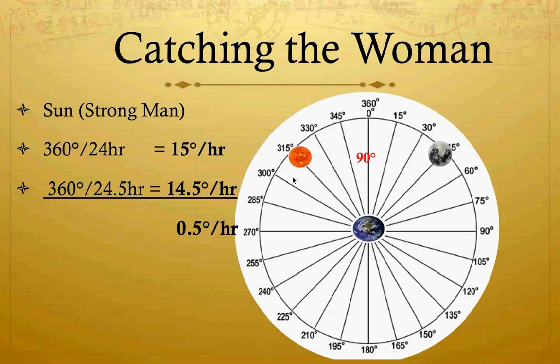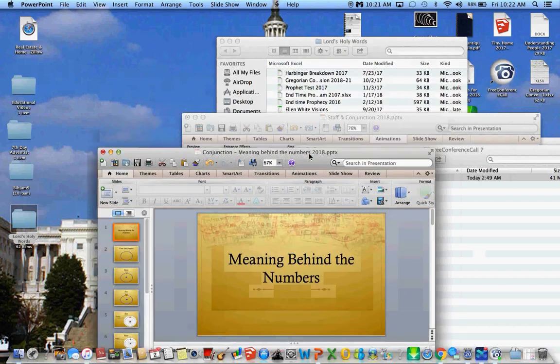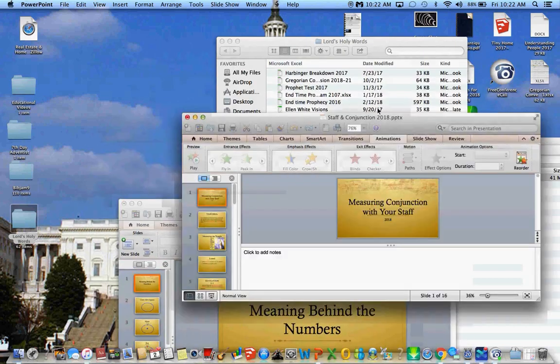Now it's important because that's going to be added to our calculation of measuring the distance between the sun and the moon and how fast it's going to catch up to that moon. That's the important thing. Okay. Now I'll be going over to